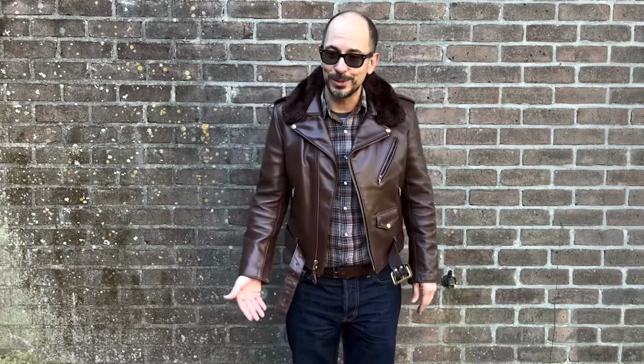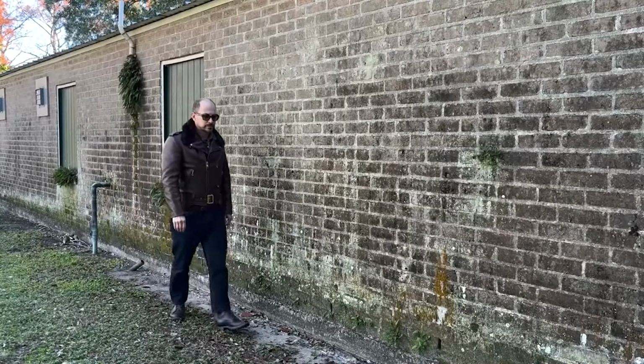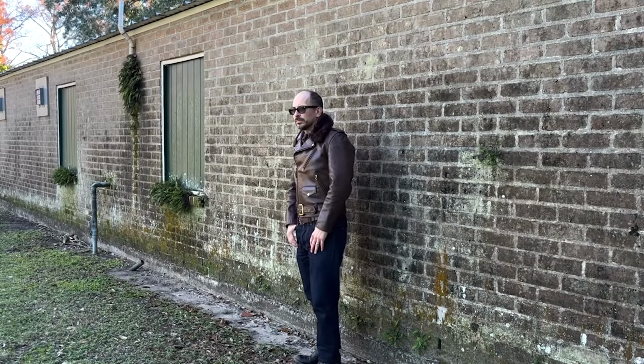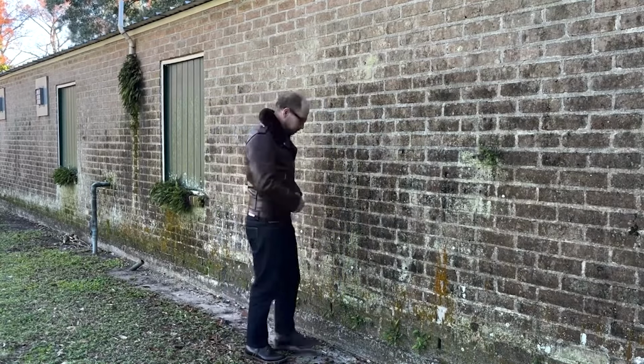Now, about wearing a brown Perfecto. I am wearing today an outfit that I think kind of exemplifies why you may want a brown Perfecto in your life, which is to say, I'm wearing a plaid that has a lot of browns in it. I'm wearing a brown leather belt and brown leather boots. And I think that you can wear this exact same outfit with a black leather jacket, and it will look good. But there is a desire, one, for variety in life, and two, for an outfit to have more of